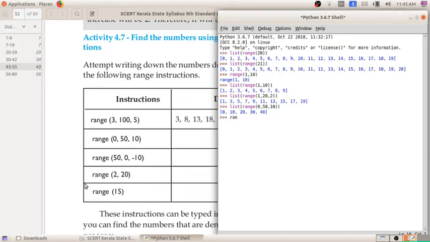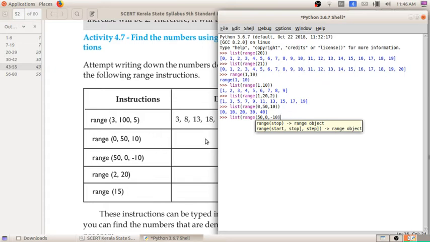Here the next one is range. You can see list of range of 50, 0, minus 10. Minus 10 is the difference, which means it is coming backward. You all will know this when you take 0 as the middle value: 0, positive numbers, negative numbers. Maybe you studied it in maths. When we go to the positive side, it is 1, 2, 3 to 10. And if you go to the left side, it is negative numbers: negative 1, negative 2, negative 3, like that.